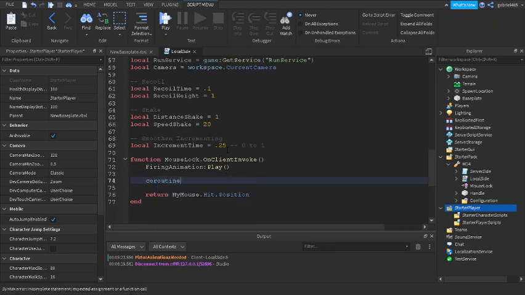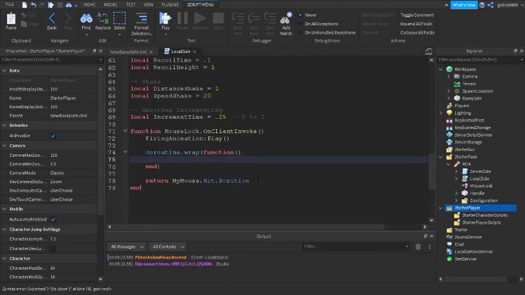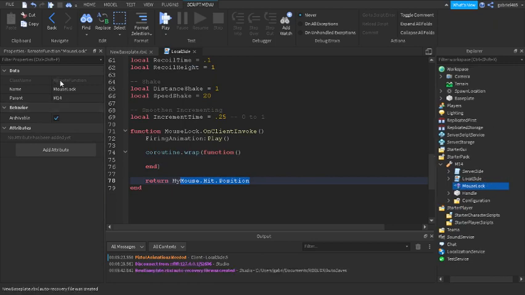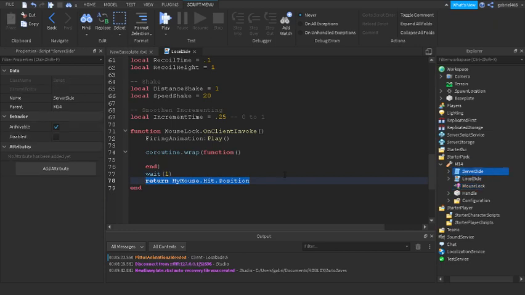So let's coroutine.wrap this. Basically I want to do this because I want to start a new thread without yielding my returning script, because this is going to call my mouse to get the mouse and return it, since I'm using a remote function, and I don't want to yield my script. I don't want to make it so if I add a wait, it will yield the returning of the mouse to the server side. So I'll use a coroutine.wrap, which is just a better